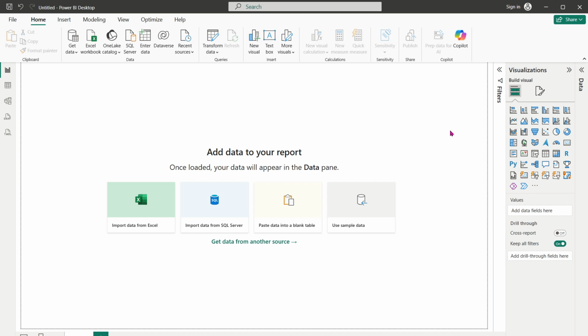The next step is to import the data you want to showcase. Click on Get Data to start the process. Power BI supports various data sources including Excel spreadsheets, SQL databases, and web sources. So whether your data sits locally or in the cloud, you've got plenty of options. Select your preferred source, and with a few clicks, your data will populate Power BI, ready to be transformed into